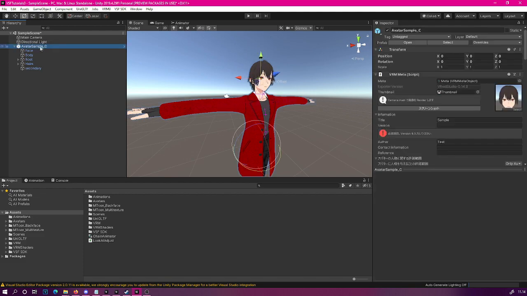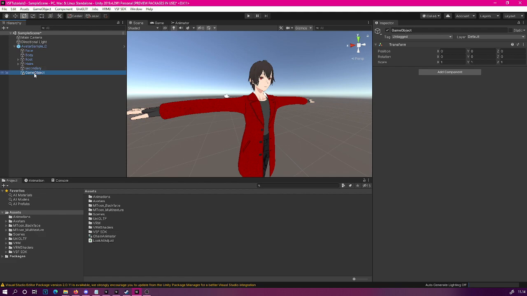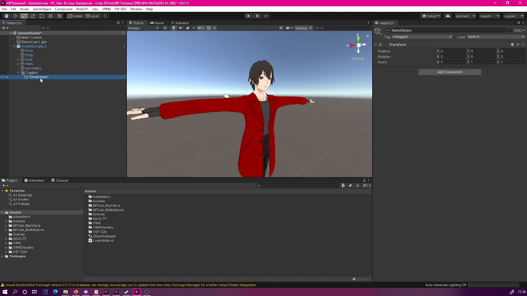So select your avatar root, right click and create empty. And let's rename this to be toggles, like so. And in here we will create a new empty again,